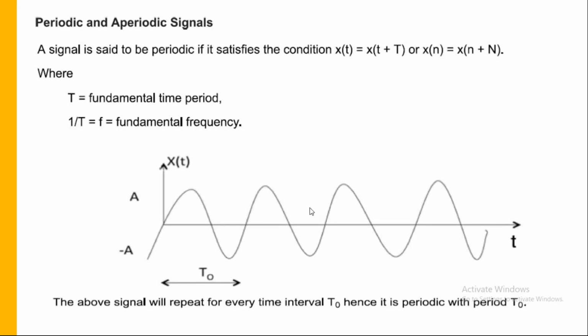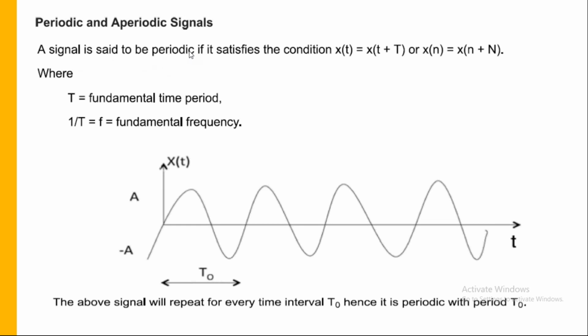Now see the next classification of signals, which is periodic and aperiodic signals. The name itself is telling periodic. When I say periodic function, a signal is said to be periodic if it has to satisfy the condition of periodicity. You know, in mathematics, you have studied a theorem known as the periodicity theorem, right? So now try to understand the concept of periodicity for a signal here.